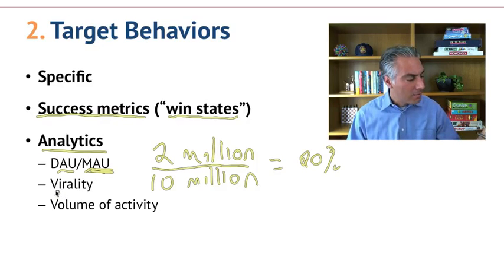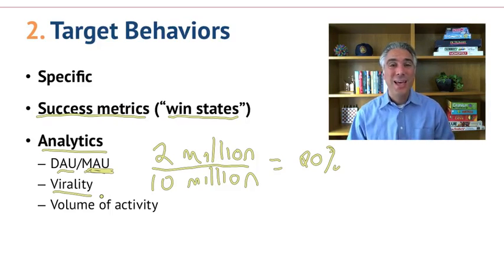The second metric or analytic that's often used is called virality. This has to do with people referring their friends to go play the game or use the site. The ratio, the rate at which people tell other people and those other people come to the site thanks to those pointers tells you how viral the application is. If one person can tell 20 or 50 or 100 other people, and then those people themselves tell that same number of other people, very quickly you get this explosive level of growth.